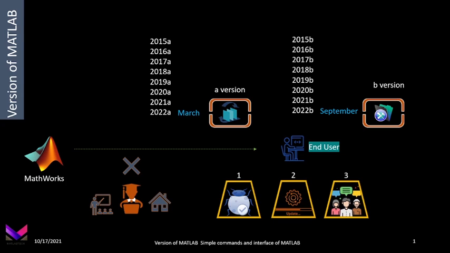The different versions available for MATLAB. MathWorks usually releases its software, that is MATLAB, two times a year. One is called the alpha version and another is called the beta version. The alpha version is represented with the letter A and the beta version is represented with the letter B. Around March they usually release the alpha version,